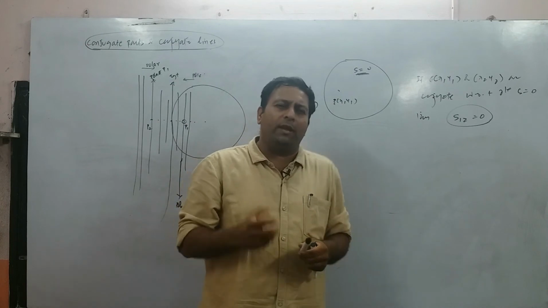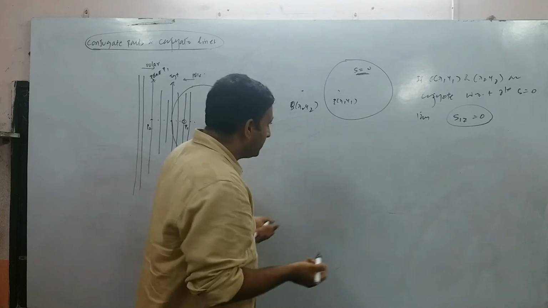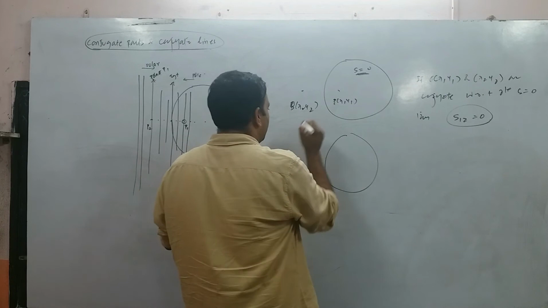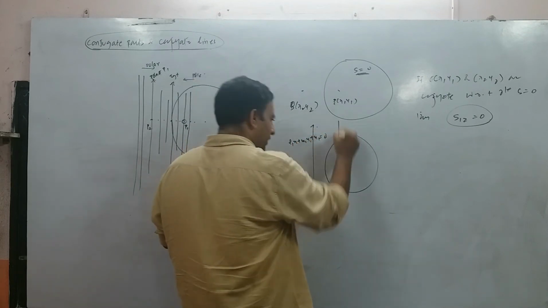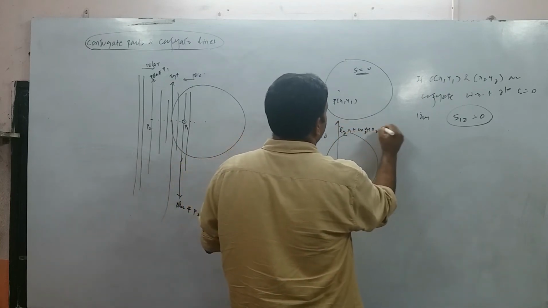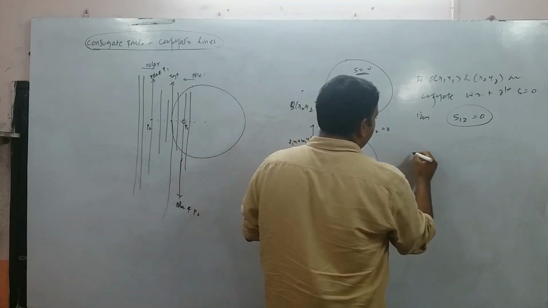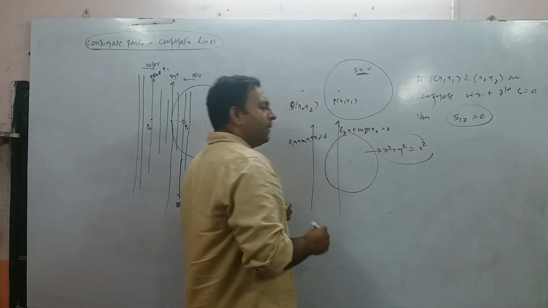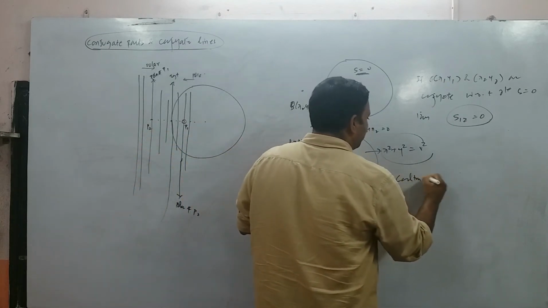Is it not our notation helping us all the time? So you need to be perfect with the notation. Now there is something else also. Instead of points, there are lines given to you. Let us say there is one line whose equation is l1x plus m1y plus n1 is equal to 0. There is another polar whose equation is l2x plus m2y plus n2 is equal to 0. And these two polars are conjugate with respect to the circle x square plus y square is equal to r square.